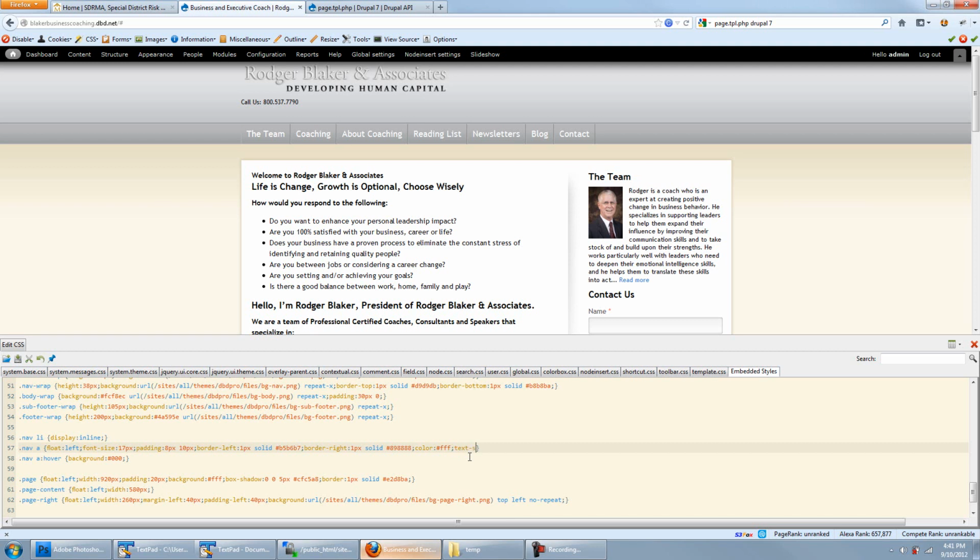So text shadow, this is a CSS thing again. It's actually kind of a newer feature, which is good, because now you can do shadows on dynamic HTML text. So I think let's try this. 1 pixel, 1 pixel, 3 pixel, and